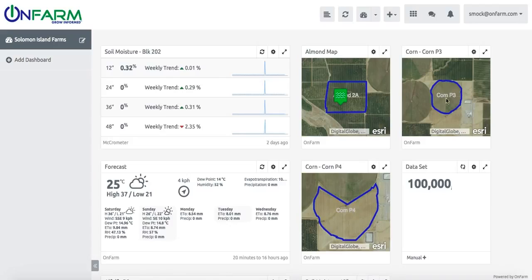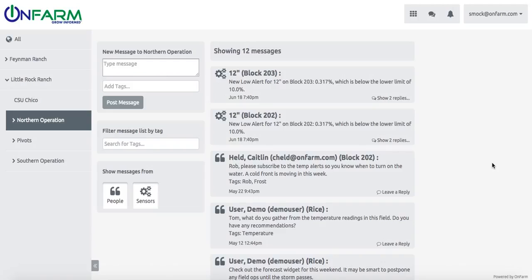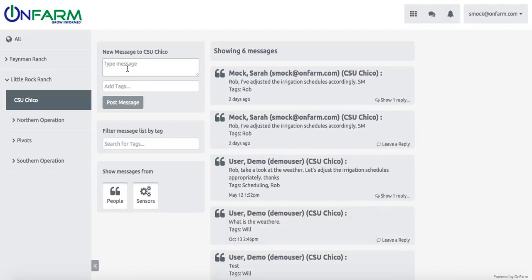Go to the Modules menu on the Command menu and select the Conversations module. The first thing that we need to do is select a location. Messages are always sorted by the location, so choosing a different location will affect the messages that you see. So if I choose the CSU Chico location,